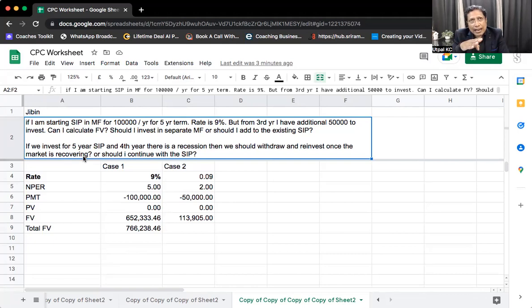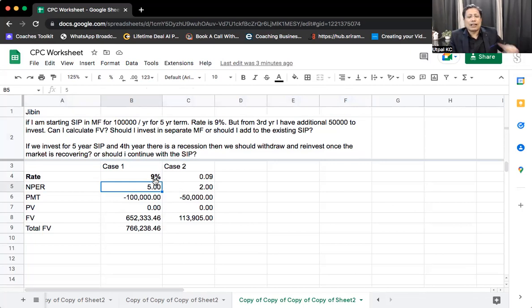You will get an idea if you finish level 4. You will get an idea what I am talking about. Please finish level 4, then you will understand how to balance the risk using different mutual funds. Otherwise it will take long, another minimum 1 hour. Understood, Mr. Jivin? Please finish that level 4. You will get some idea.